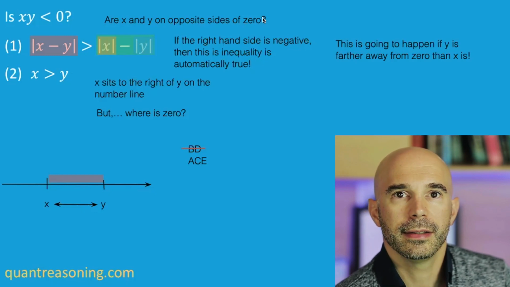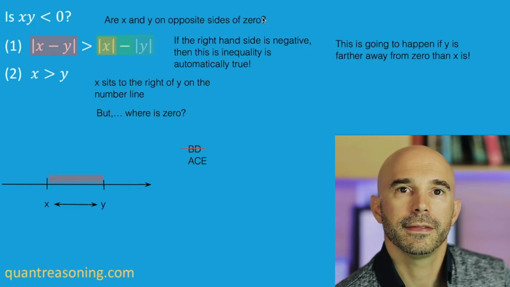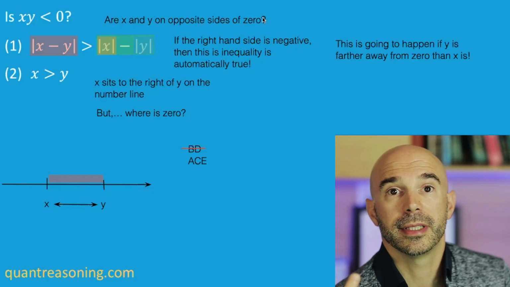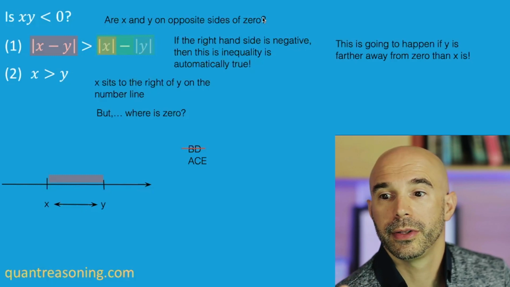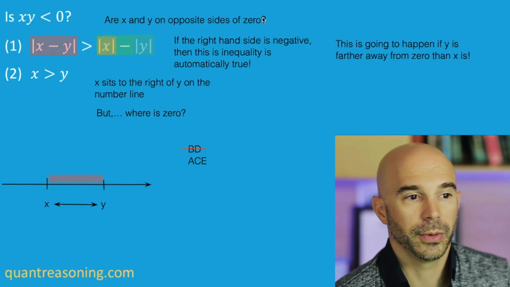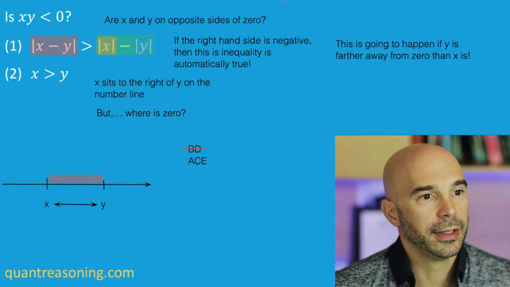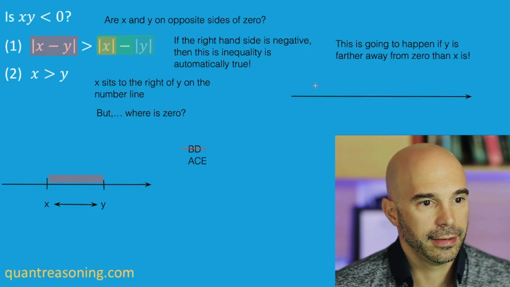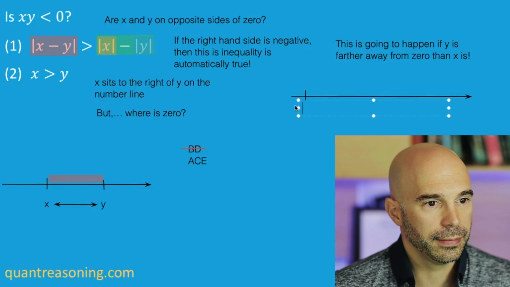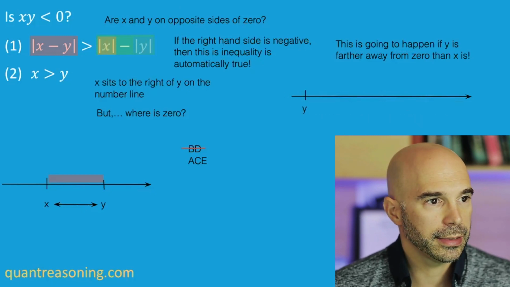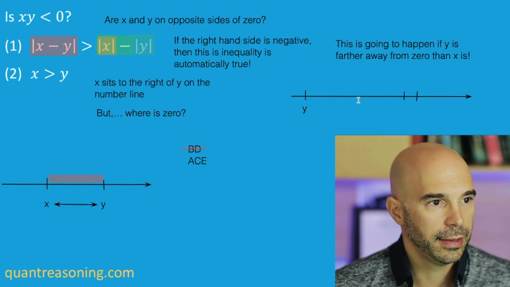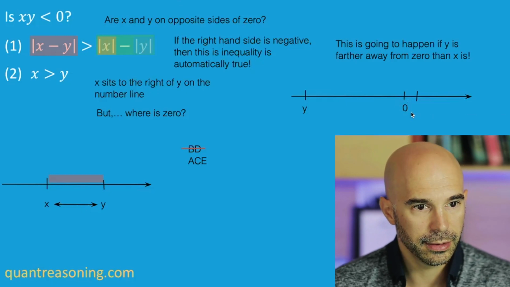So now I can say definitively that statement 1 is not sufficient on its own, because statement 1 allows for any circumstance in which y is farther away from 0 than x is. And that could happen regardless of the positioning of 0 relative to x and y. So let's draw the two pictures that prove that statement 1 is insufficient. One scenario is where you have, let's put y all the way out here. And as long as I put x closer to 0 than y is, and on the other side of 0, something like that maybe,